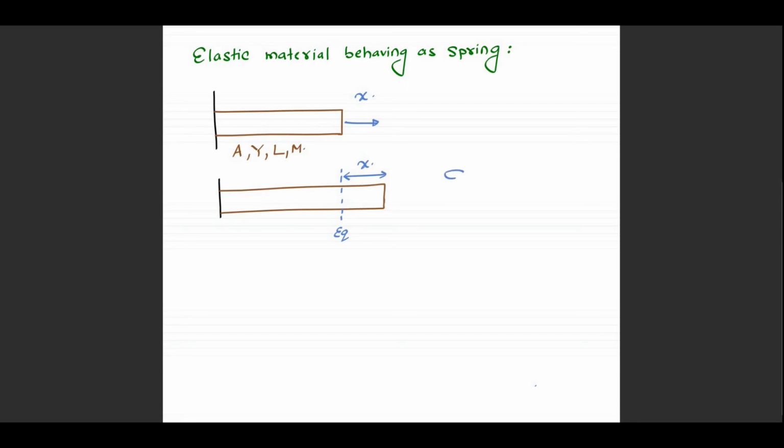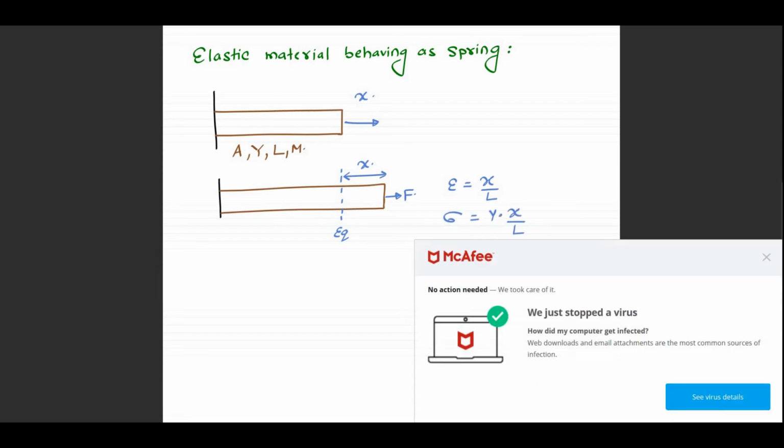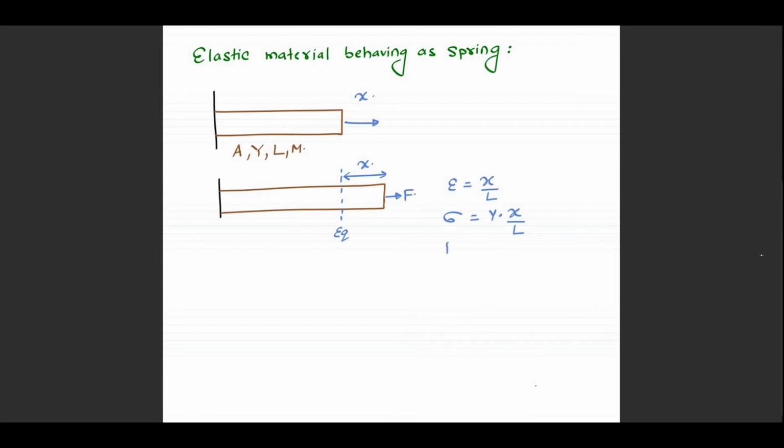So can I say strain is x by L. Okay. So stress is Young's modulus times strain. So restoring force by area, so restoring force